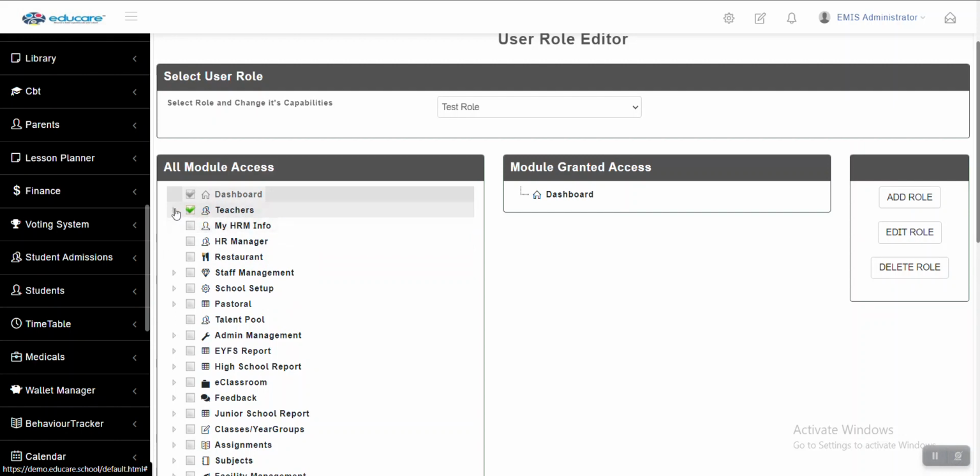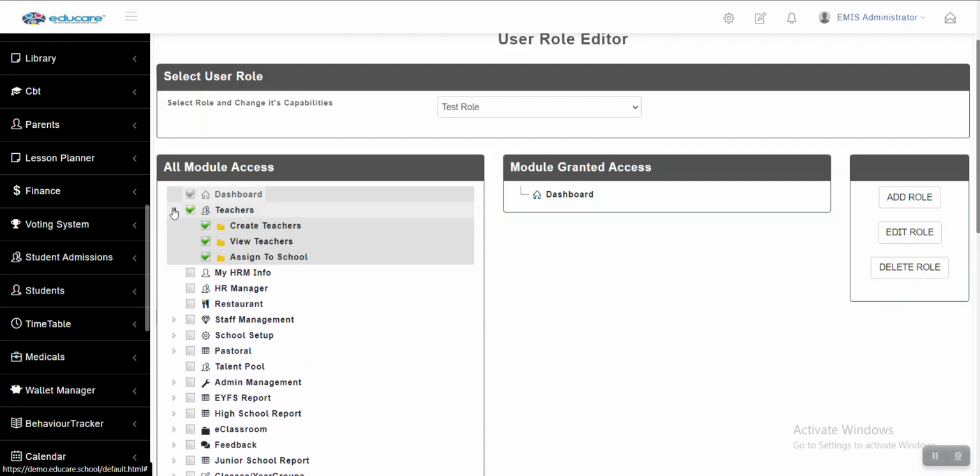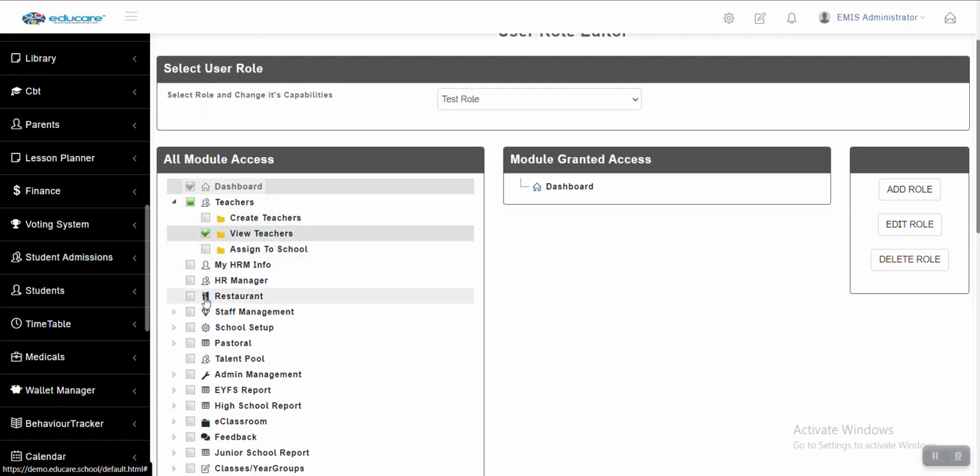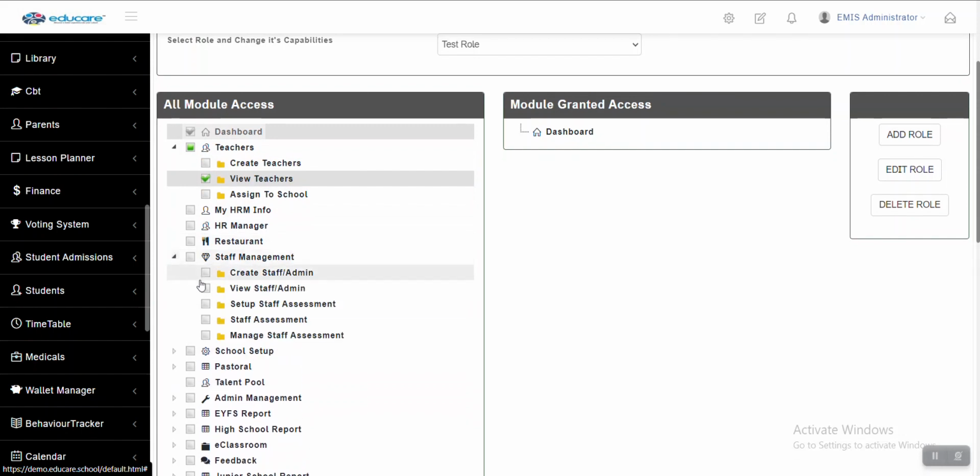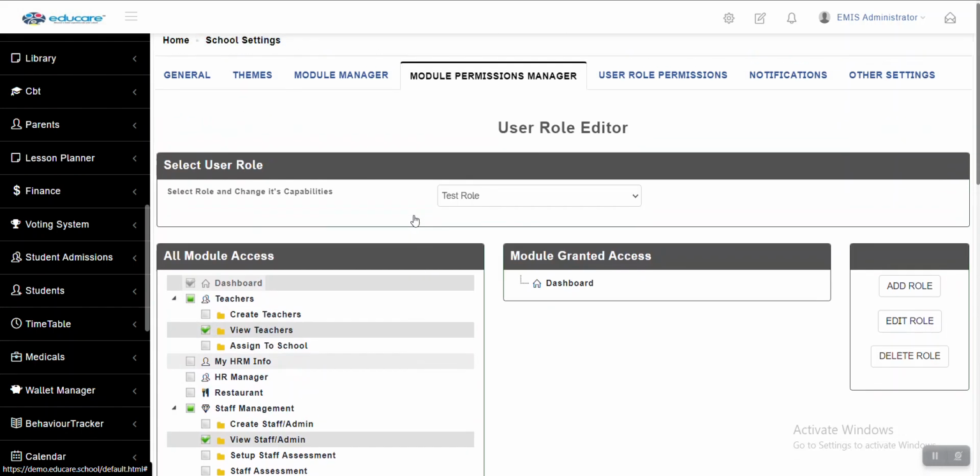If I don't want to, I can just click on the drop down, or I can just untick it and give the person access to just the things, the sub modules I want this person to have access to. So this is basically how this works. If I want to go back to that